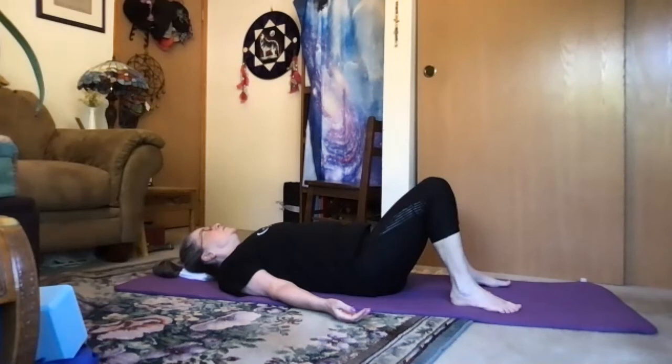And then start to notice your breath. Just watching the belly rise and fall with your breath. Now bring your awareness to the center of your eyebrows, center of your throat, right shoulder, elbow, wrist, right thumb, second finger, third finger, fourth finger, fifth finger,